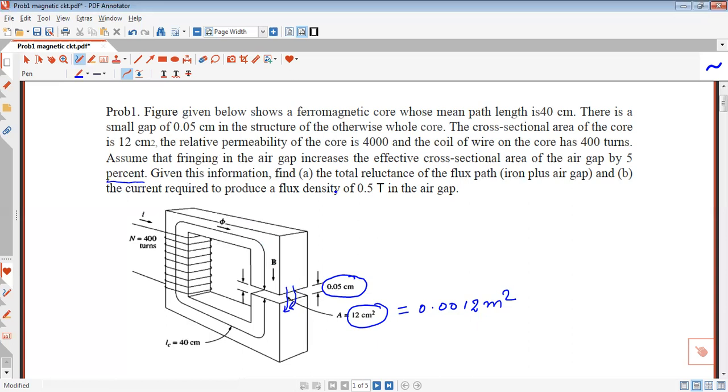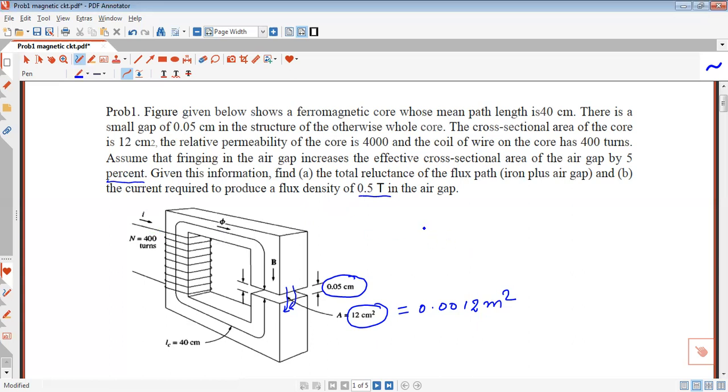Given this information, find the total reluctance of the magnetic flux. We have to calculate the total reluctance of the core plus the reluctance of the air gap. And in part B, the current required to produce a flux density of 0.5 Tesla in the air gap. Means how much current I should give such that the flux density in the air gap should be 0.5 Tesla. So first of all we have to find the total reluctance,